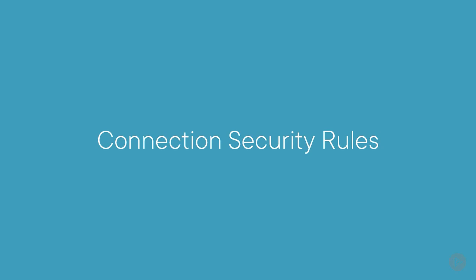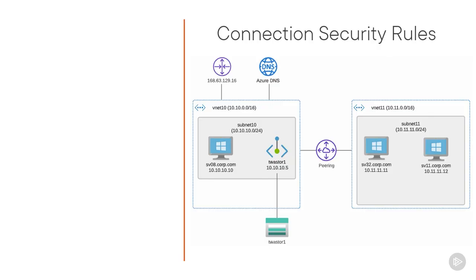Connection security rules. When we're talking about Windows Defender Firewall connection security rules, we're talking about a principle that Microsoft calls domain isolation. So if you look on the topology diagram, I have it right. Now, admittedly, that is an Azure Virtual Network infrastructure, but it just as well could be on-premises VLANs, you see. The point I want to make is, what if you had need to restrict traffic, say, to that SV08 virtual